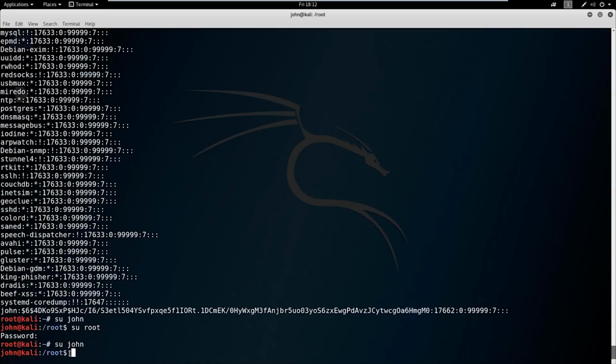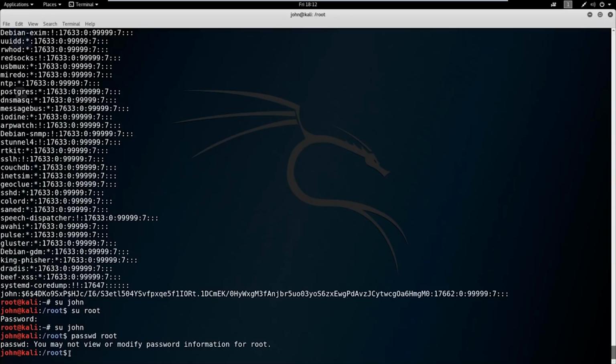So if we wanted to change the password, say we want to change the password for root, I can't modify the password information because I don't have that kind of access. Now there is something called a sudo, which would provide John that access if we gave it to him. So it's called a sudoers file, and basically anybody in that sudoers file can change permissions given if they are a sudo user, right? So we would type in sudo password root,